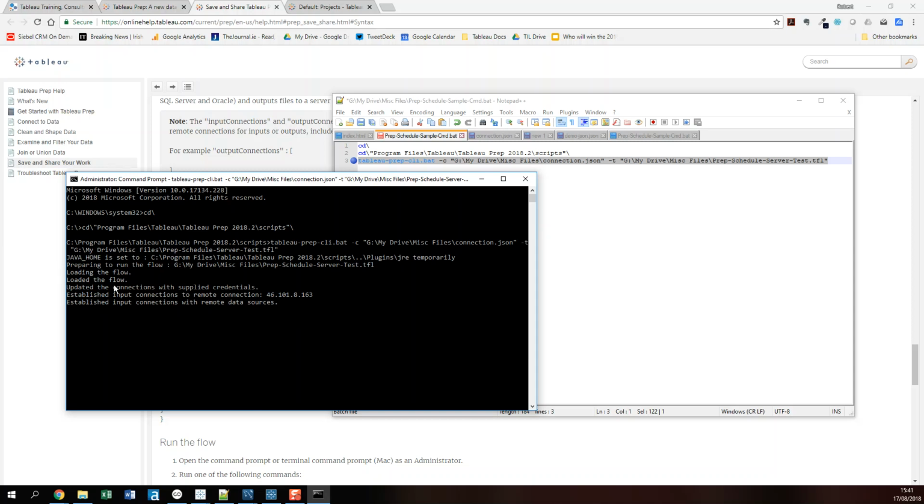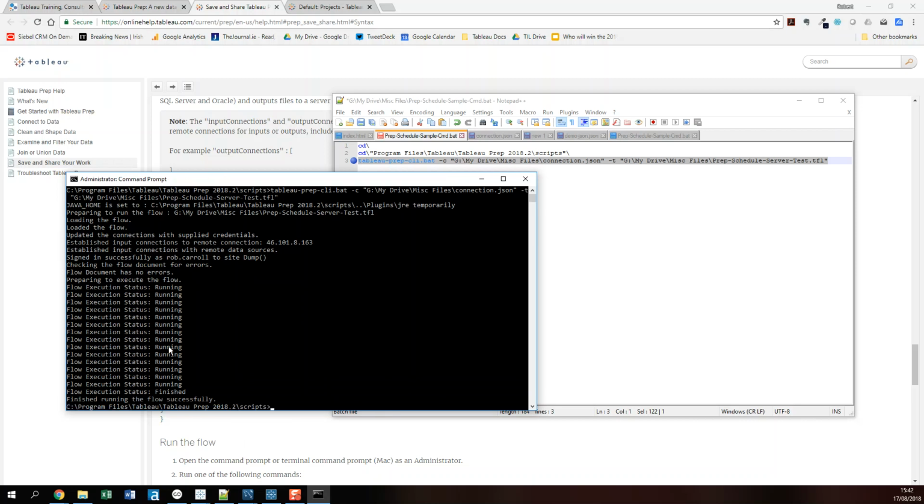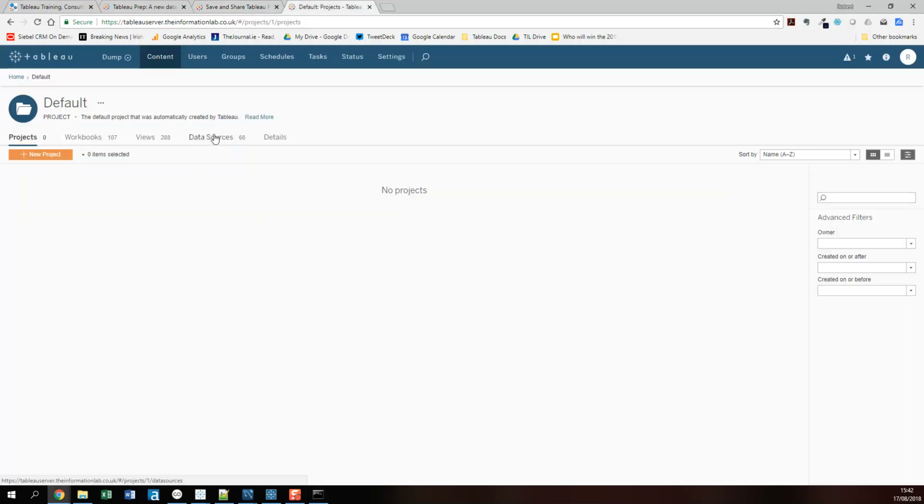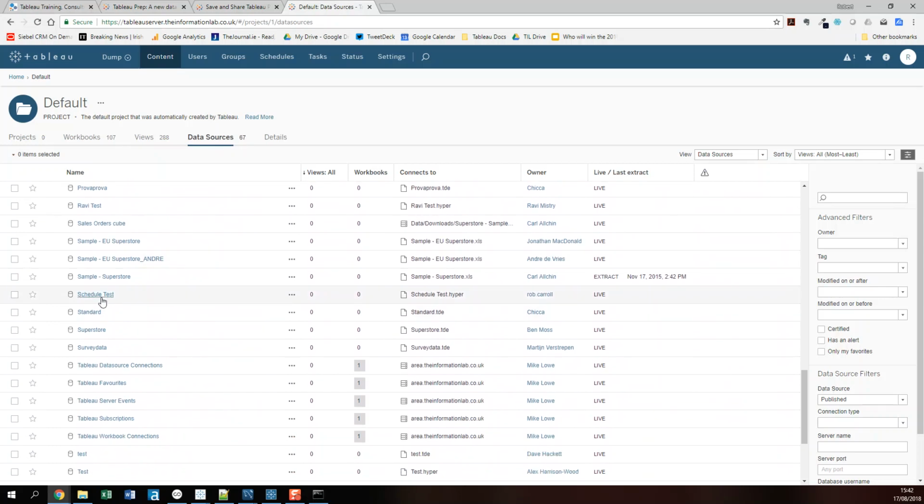So you can see there it's just updated the connections, it's signed in successfully to the site, checking the flow for errors, and then hopefully it'll publish the document or the flow, preparing to execute. And it's finished running the flow successfully. And if I go on to my database and go into my data sources, my schedule prep, schedule test in here,